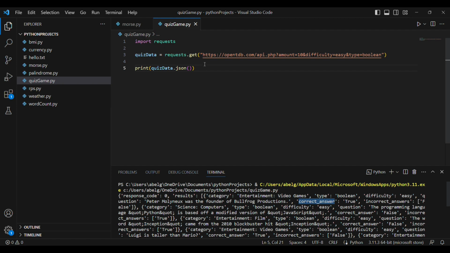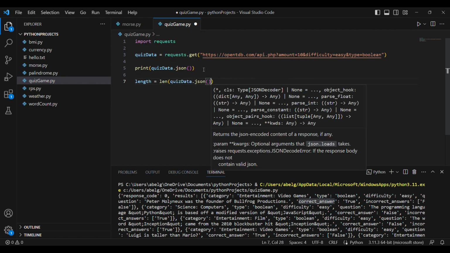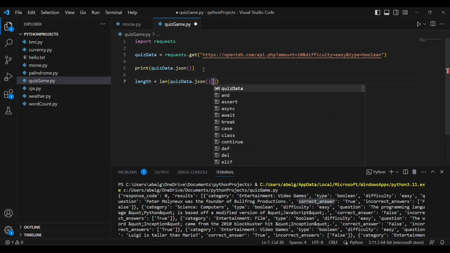So first we're going to have our length variable, which is going to be equal to len of quiz_data.json. So now we're in the JSON format. Then we want the results key.